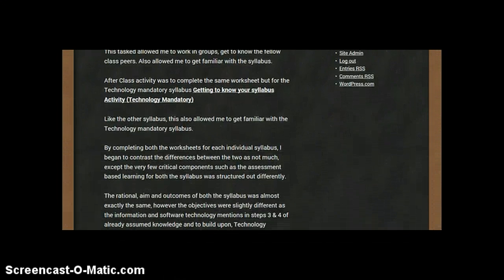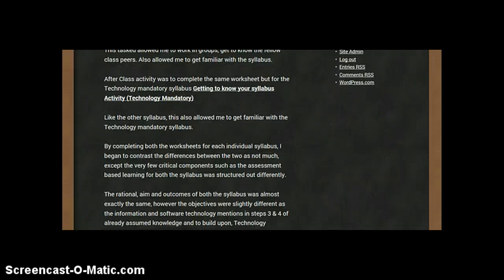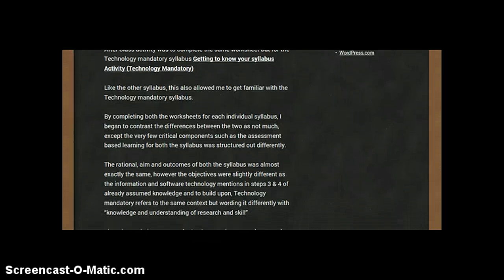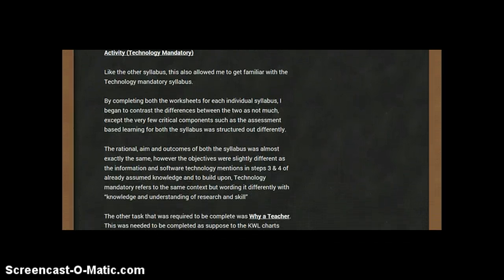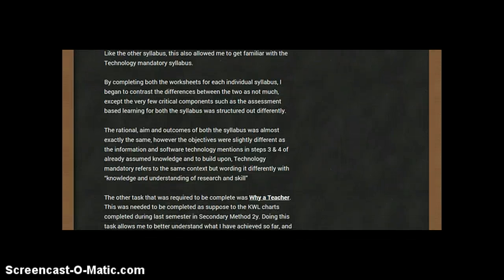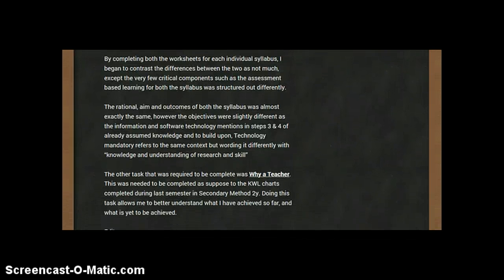By completing both worksheets for each individual syllabus, I began to contrast the differences between the two, which were not many, except for a few critical components, such as the assessment-based learning for both syllabuses being structured differently. The rationale, aim, and outcomes of both syllabuses were almost exactly the same. However, the objectives were slightly different, as Information and Software Technology mentions in steps 3 and 4 already assumed knowledge and to build upon it. Tech Mandatory refers to the same context, but the wording differs, with knowledge and understanding